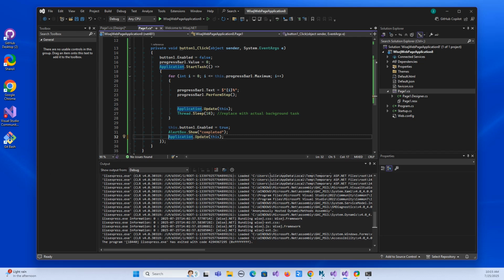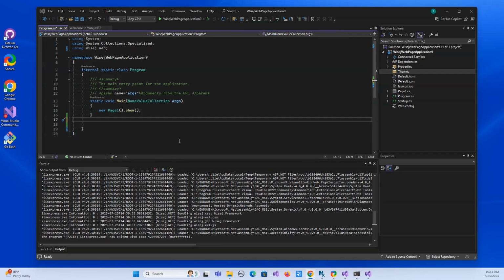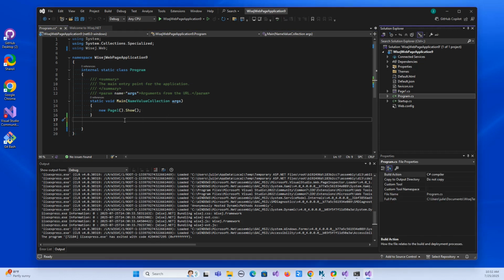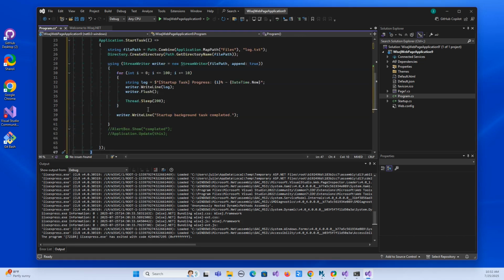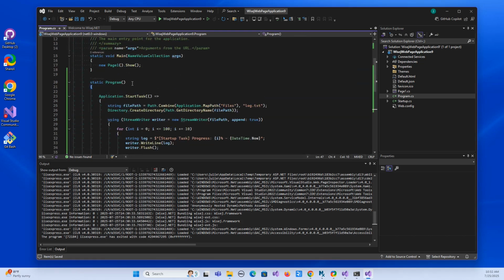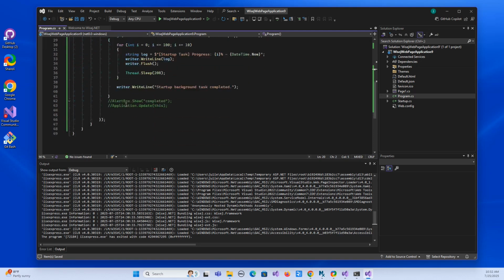So let's go ahead and look at another example of a background task that starts when the session first loads. I've got a new WiseJ.NET 4 project here. I've gone ahead and opened up program.cs, and I'm just going to add a new static constructor right here. So let me paste that in. There we go. So you can see it says static program, and all of our code I pasted in is